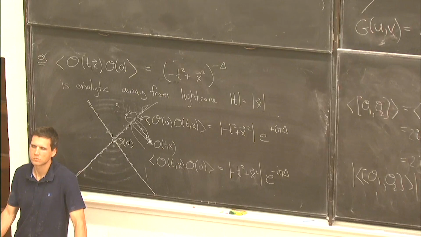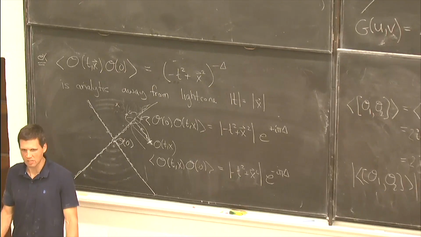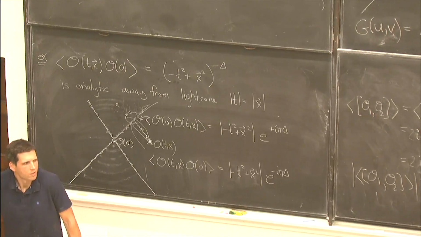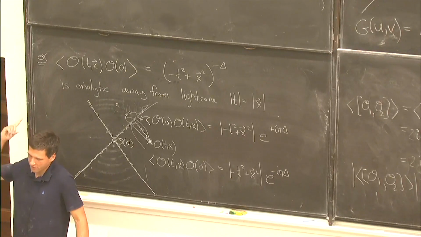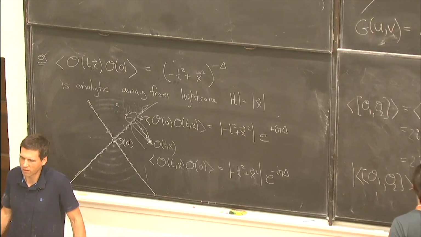Or else, I don't know how else you can get rid of that. What is different? It has different kinematic dependence. Well, if it has the same twist, then why would it have different? Well, there's twist and spin, and they both enter in here, but